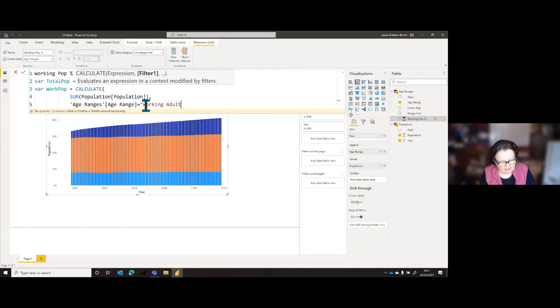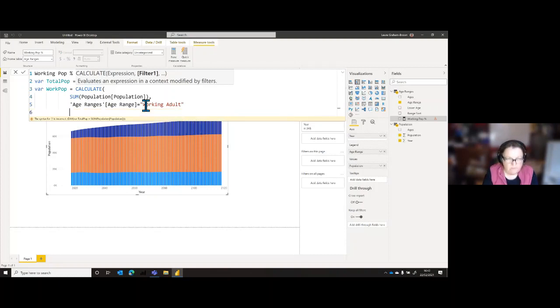Sometimes it makes more sense to use the number that's used in the sort, because that you can't misspell, and I do quite often use that. So that gives me my calculate.